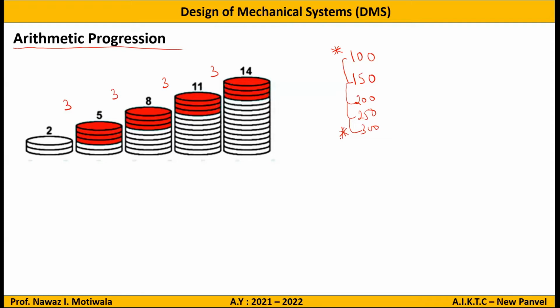And as a designer, you are thinking of going for arithmetic progression. So how will you find the common difference? Do you have any idea? I only have the first available and the last available, and I know that I have to follow arithmetic progression. So how can you get this 50 as the answer? Any idea to anyone? Sn equal to n by 2 bracket n plus 1, something like that.